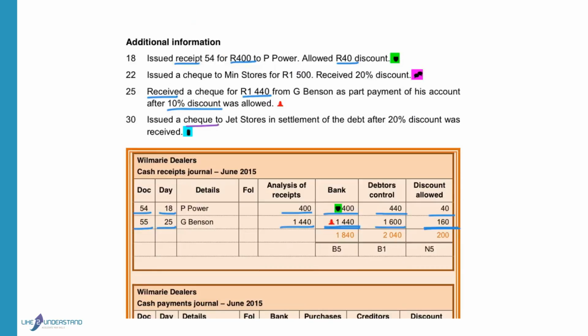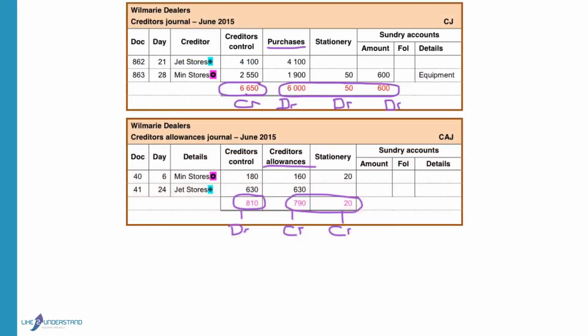Issued a check to Jet Stores in settlement of a debt after a 20% discount was received. They don't give us the debt and they don't give us the amount received. So we will have to go and calculate what is the outstanding amount of Jet Stores before we can do this transaction. We bought goods from Jet Stores for 4,100 and we returned goods to Jet Stores for